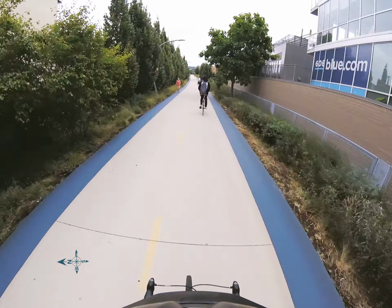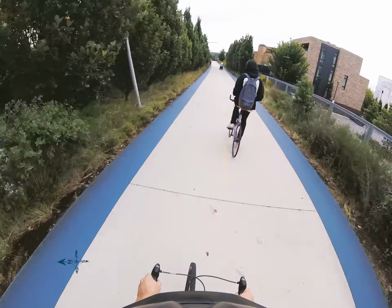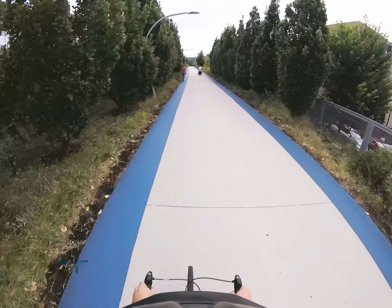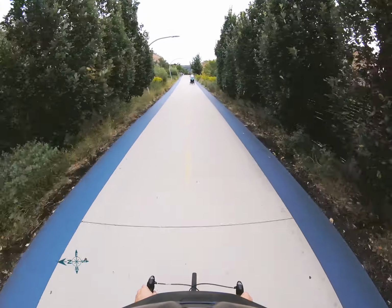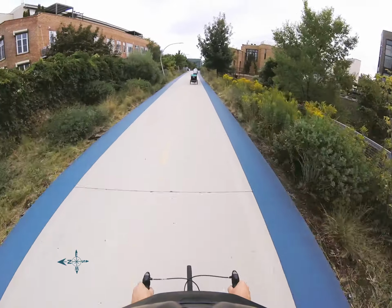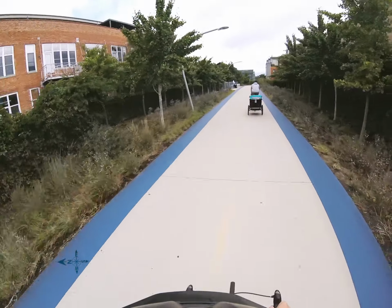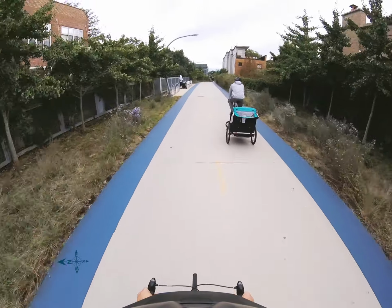Okay, so this is a road that I cycled often. On your left, going to the pottery studio. Some people have trailers or wagons that they can transport their kids in while they're cycling. It's really cool. On your left,